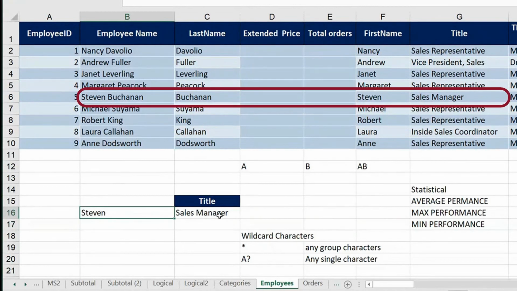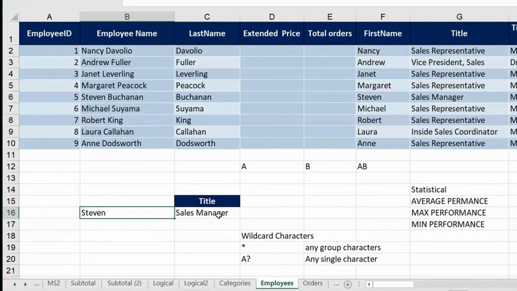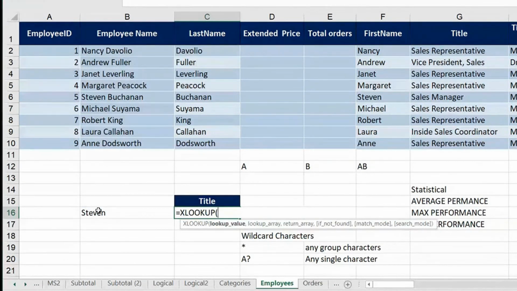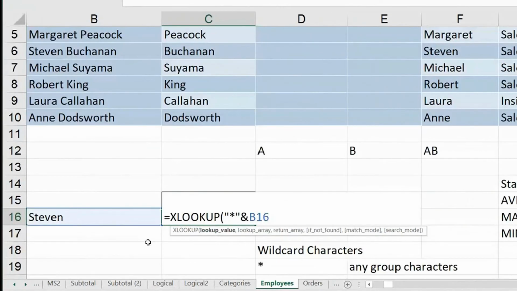Many a time in VLOOKUP, you were thinking about using this. Can I just put a part of some name? Will it work? With VLOOKUP, sorry, I can't. But I can really make this work in a great way with XLOOKUP, using these kinds of techniques and adding the match mode option. I'll just repeat the whole formula once. XLOOKUP. See, star is a text, right?